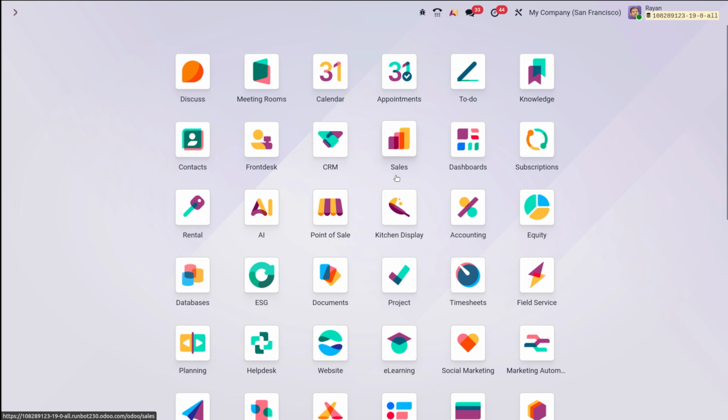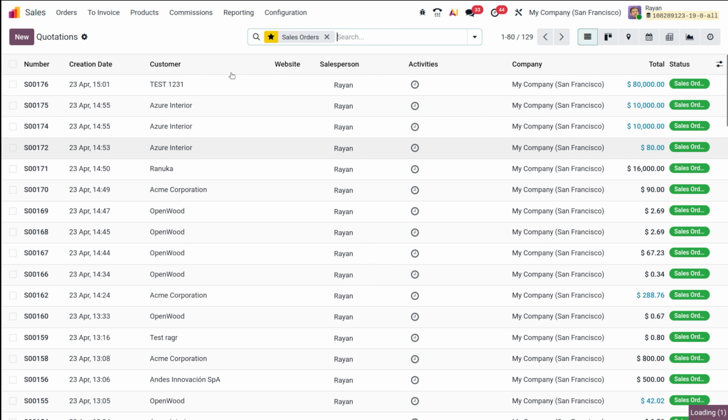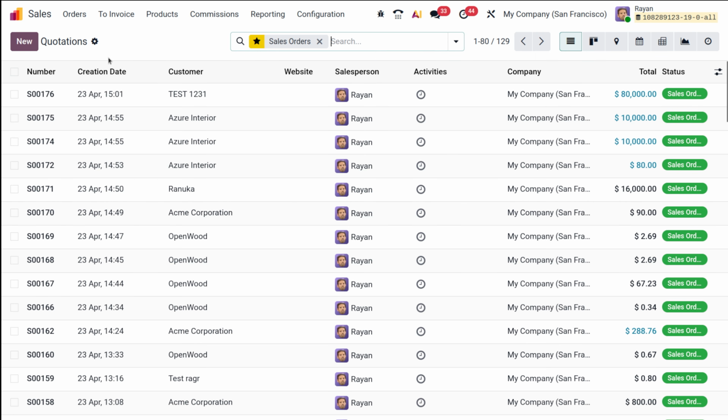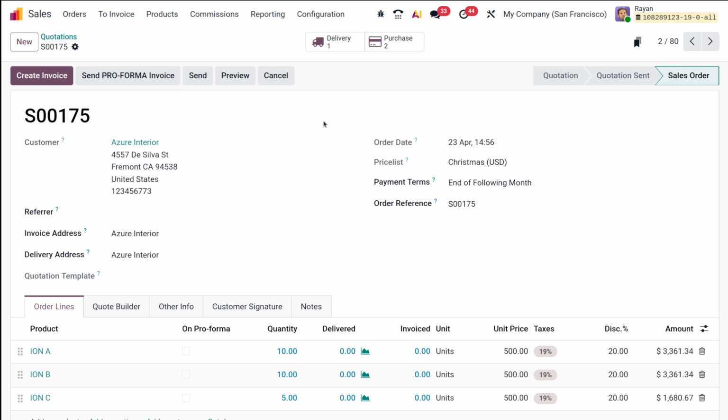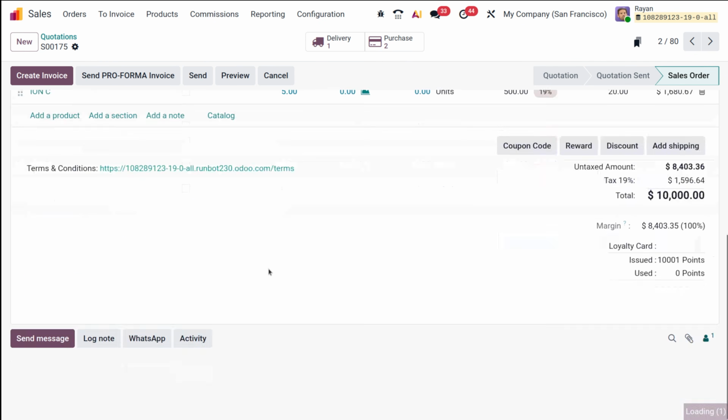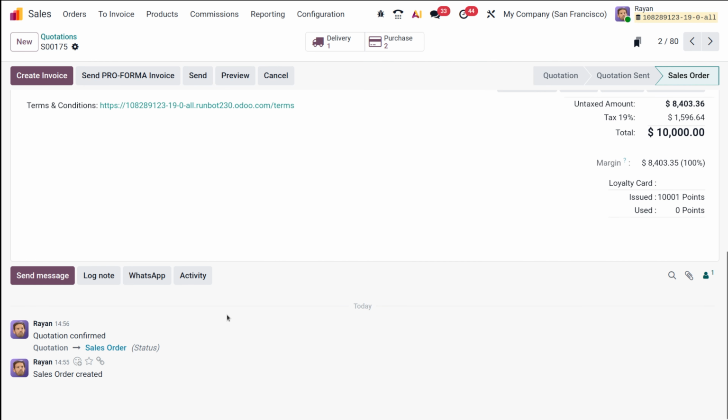And the ninth one is the chatter communication. I'm taking sales because it's a very common module, okay? Inside the sales module itself, if you go to the chatter, it has a built-in communication called chatter. Now I'll open an existing one. This is an existing sale order. So I've opened it, and if I scroll, this is basically the chatter and it shows what all things